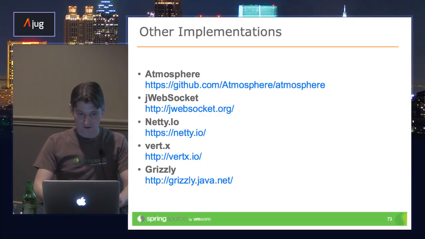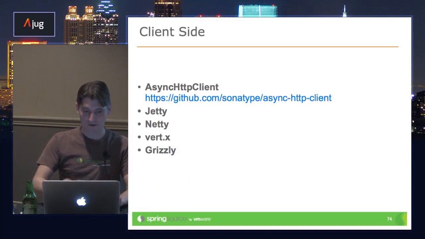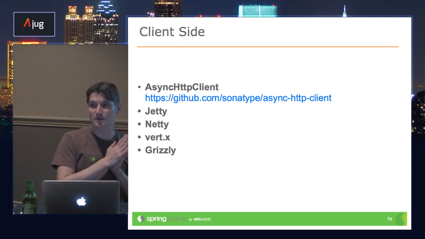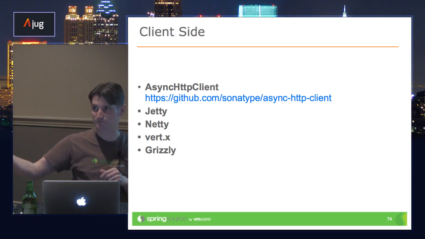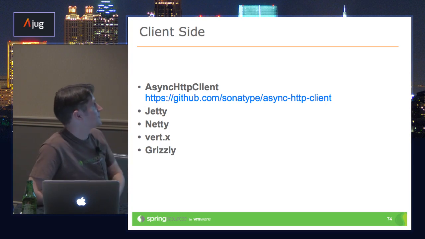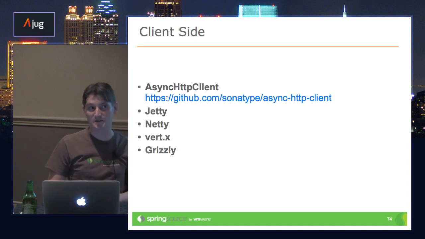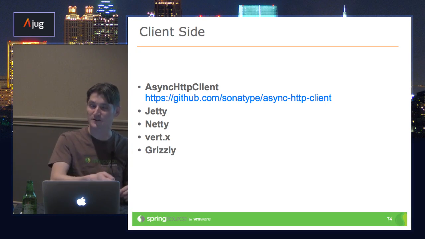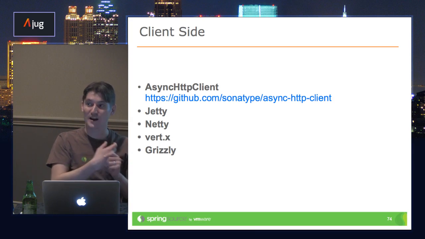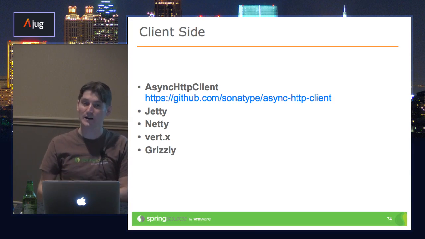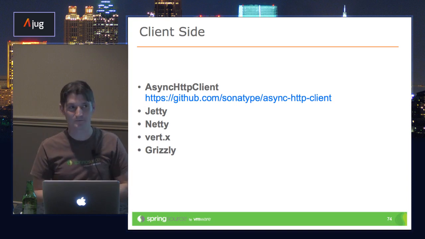All right. On the client side, as I mentioned, we not only have browser to server, but also client doing other WebSockets communication. So there's async HTTP client. That's probably what we use in our samples: Jetty, Netty, Vertex, Grizzly. So a couple of implementations that are out there in that space. However, those are WebSocket specific. So if you would like to have a Sock.js or a Socket.io client in the Java world, things are getting a little bit more wiggly.